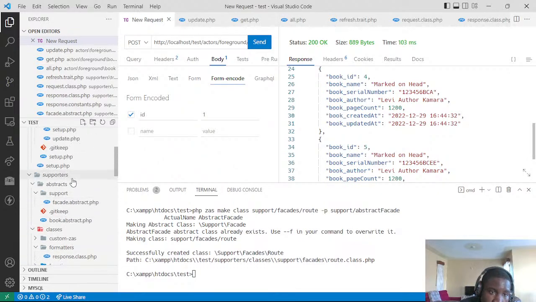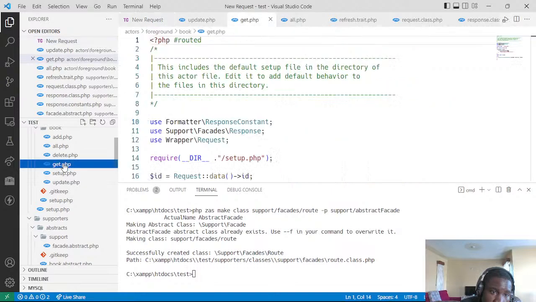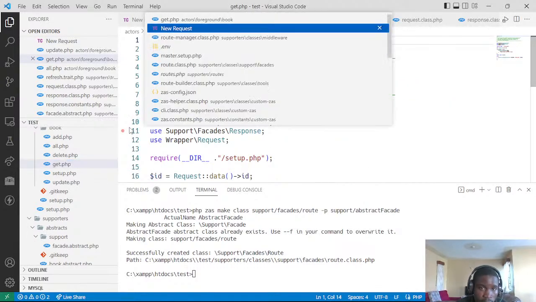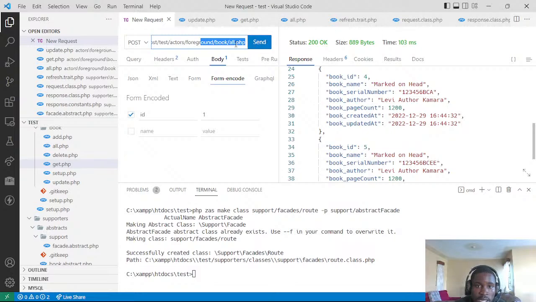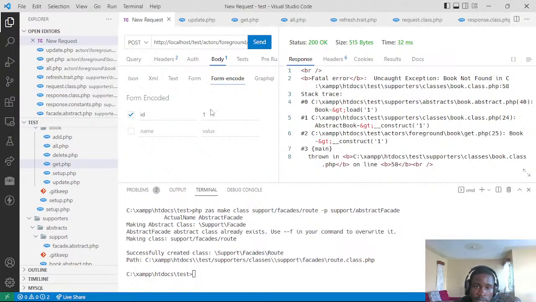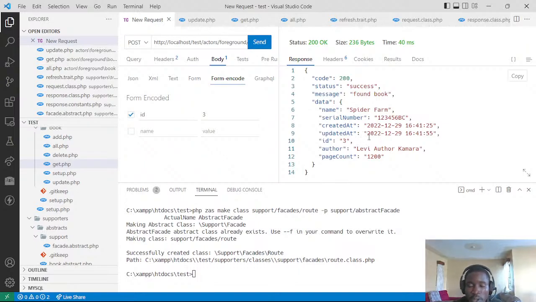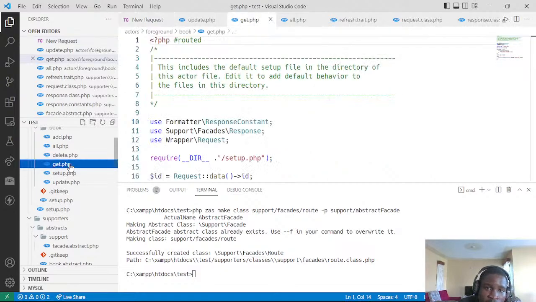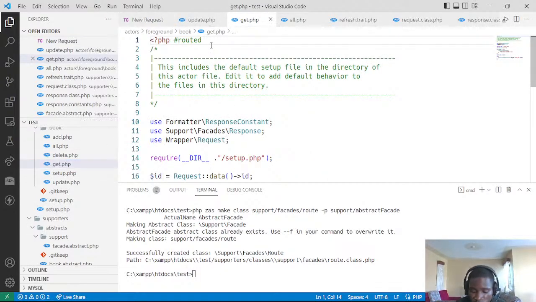Let me test the other ones. Let's look at get. Get doesn't find anything because that one is deleted. So let's do 3. Get 3 returns a correct book. Now let me show you the power of this thing. Let's say get is no longer authorized, so we remove rooted from here. You don't even need to remove rooted. As soon as you remove get from that root array, it will not be authorized. But let's remove it and then ask PHP ZAS